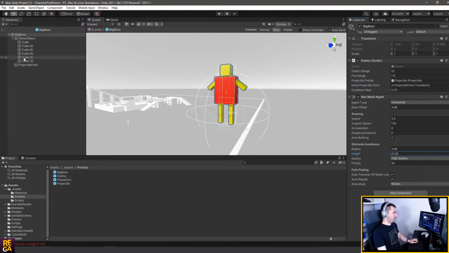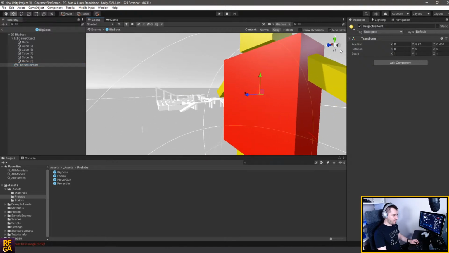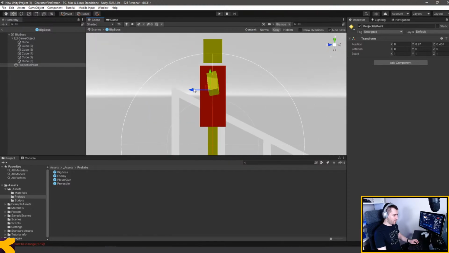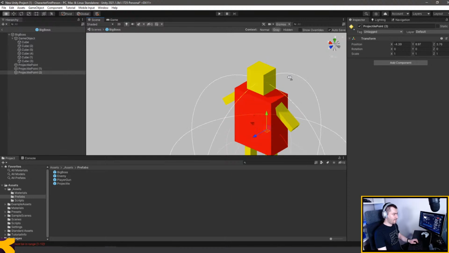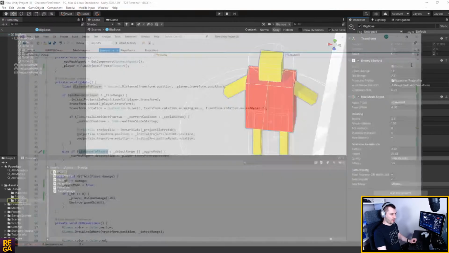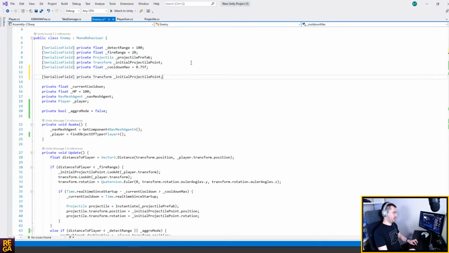So this is the big boss, and the big boss actually has more projectile points, right? Because it's massive, it's big, and it's a boss. Okay, so how do we do this? I mean, we can do it in the same enemy script, but the problem is I would now need more projectile points. So I'll create a new